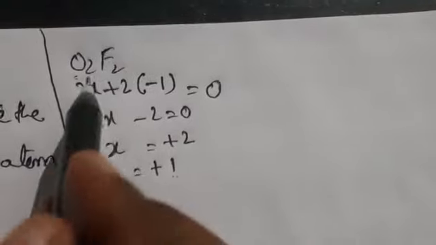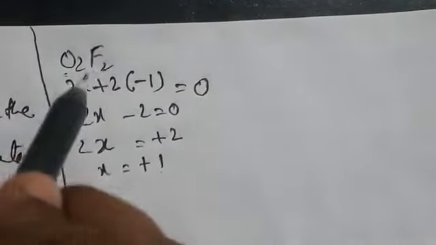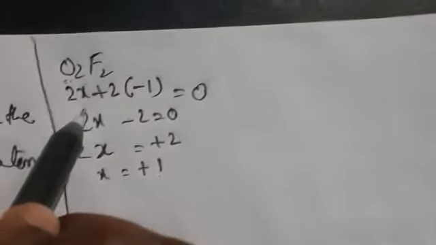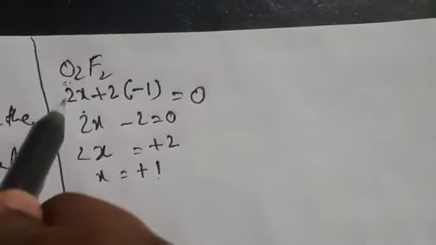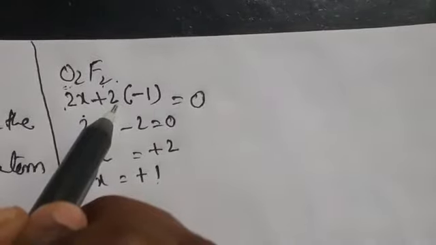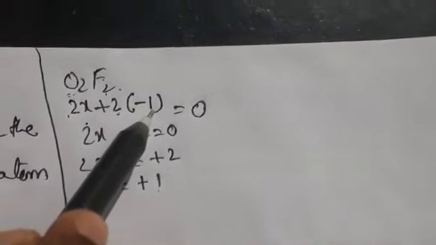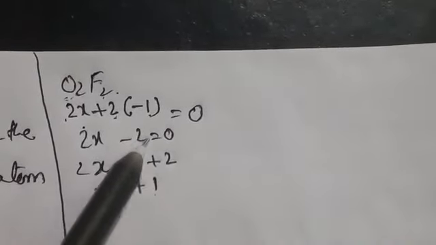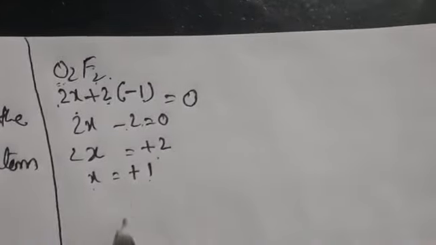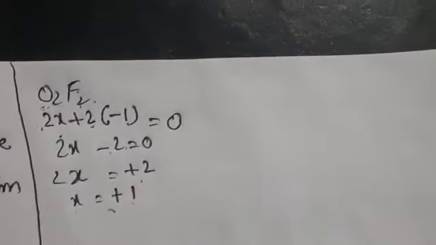So for oxygen, what have we got? +1. So if you want to find the oxidation state for oxygen, that's why we have taken this molecule. How many oxygens do we have? 2. Coming to fluorine, we have 2F, so 2 is written. And fluorine exhibits a fixed oxidation state, that is -1. So 2x plus 2 into -1. 2x minus 2 will come to this side as +2. So x is equal to +1. This is the oxidation state for oxygen.